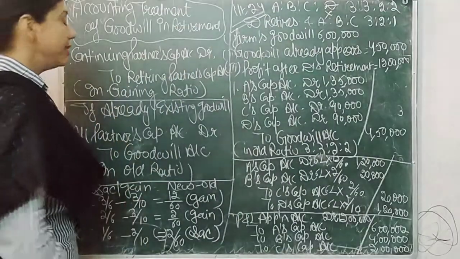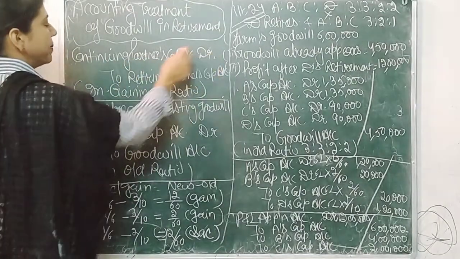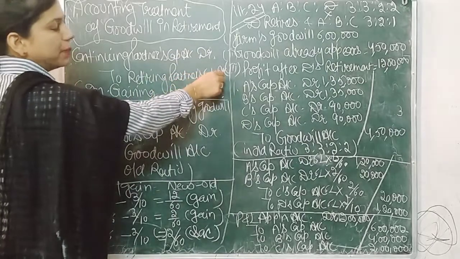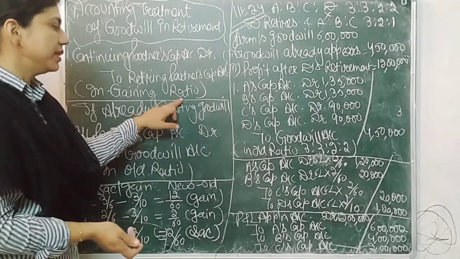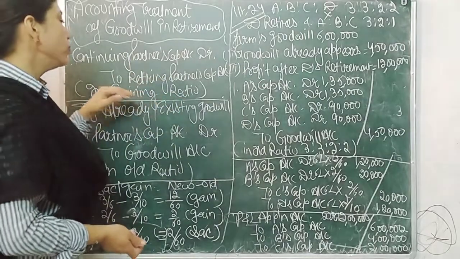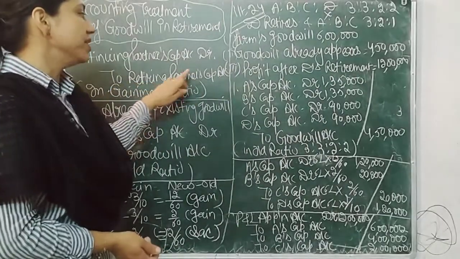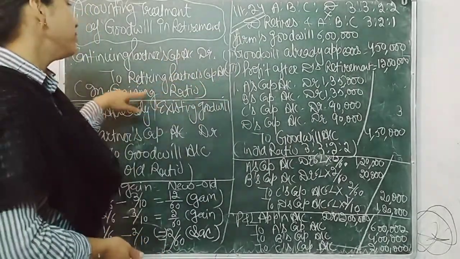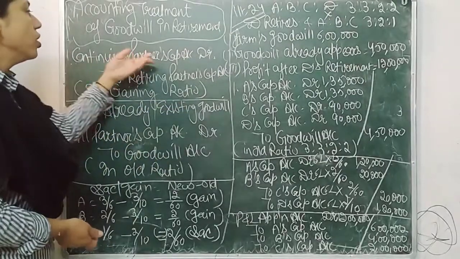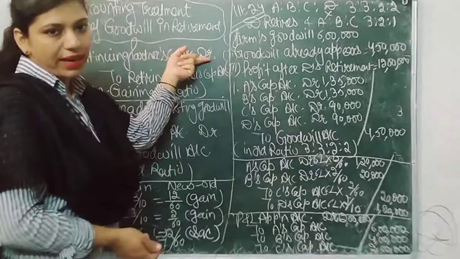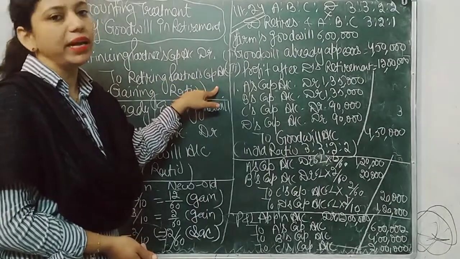So what are the journal entries? First is continuing partners' capital account debit to retiring partner's capital account in gaining ratio. As I told you, when some partner retires, he wants to receive his share of goodwill, and that should be given by continuing partners in their gaining ratio. So continuing partners' capital should decrease, that's why they are debited, and the retiring partner's capital is increased, that's why he is